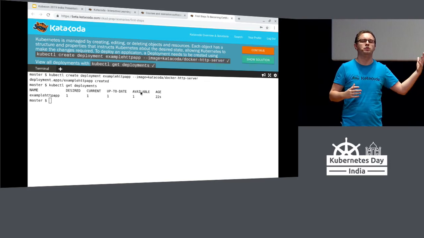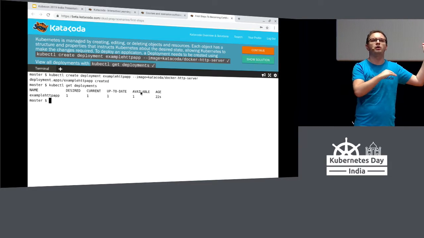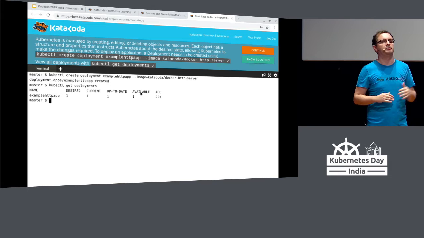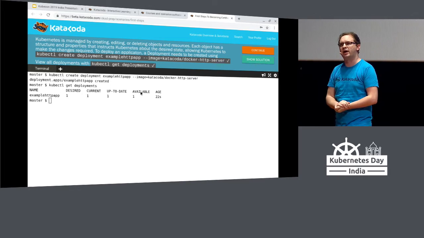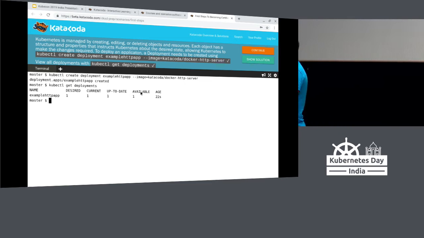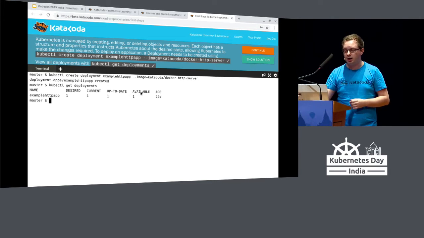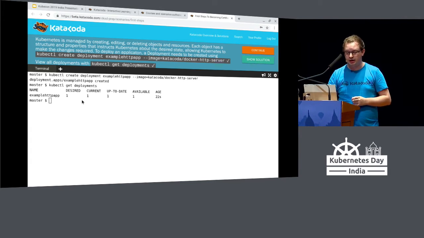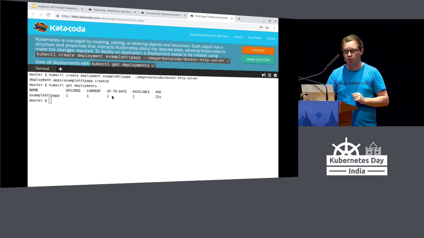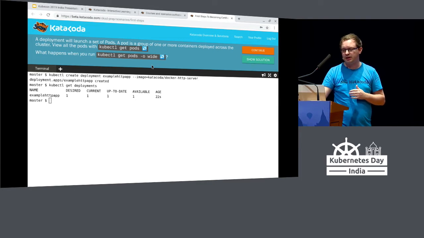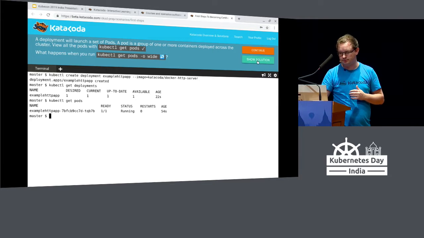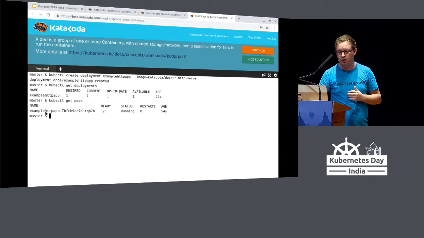Previously, we used get nodes, and this listed all of our nodes in the cluster. We're now saying get deployments, and this lists all of the applications, all of the deployments that have been made into this Kubernetes cluster. And we can see here that we've got our example app that we just deployed. It's saying that we've requested 1 instance, got 1 instance available, and everything's available and happy. But under the covers, what's happening is that Kubernetes is launching a pod. And so if we call get pods, we can see that we've got this 1 pod running.